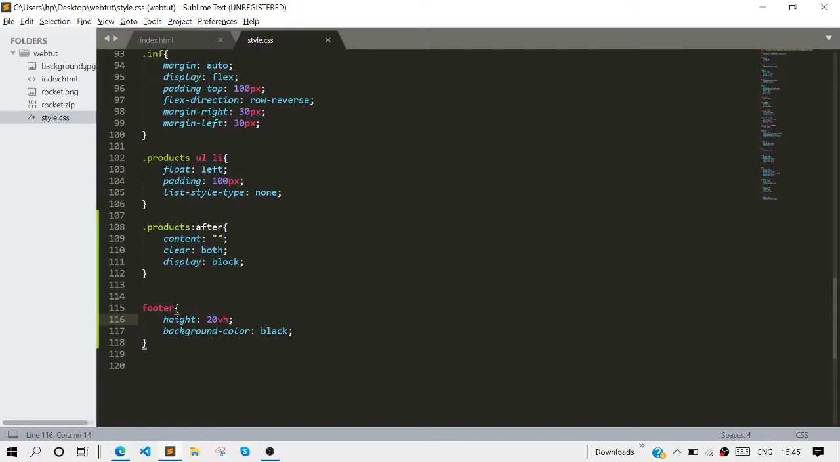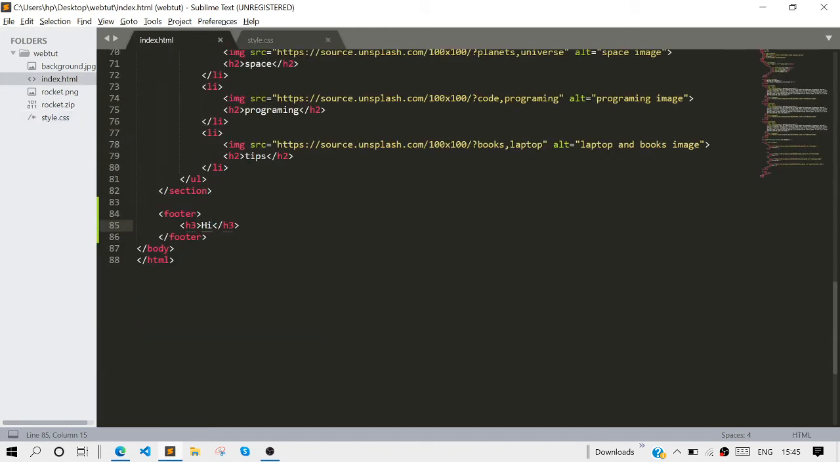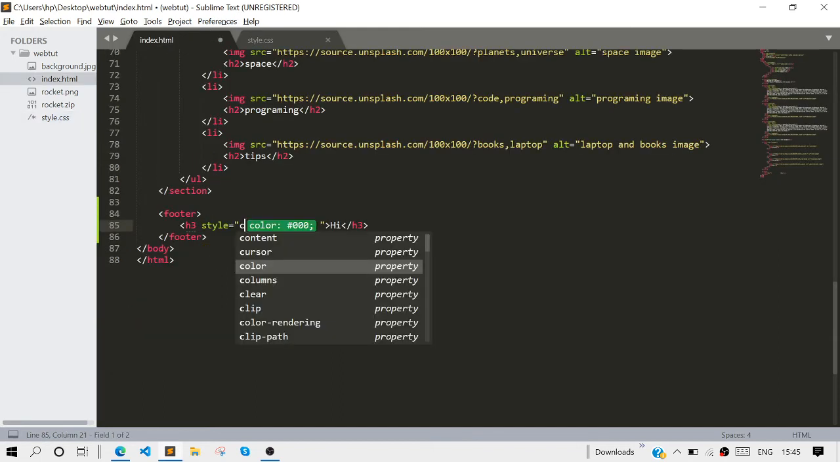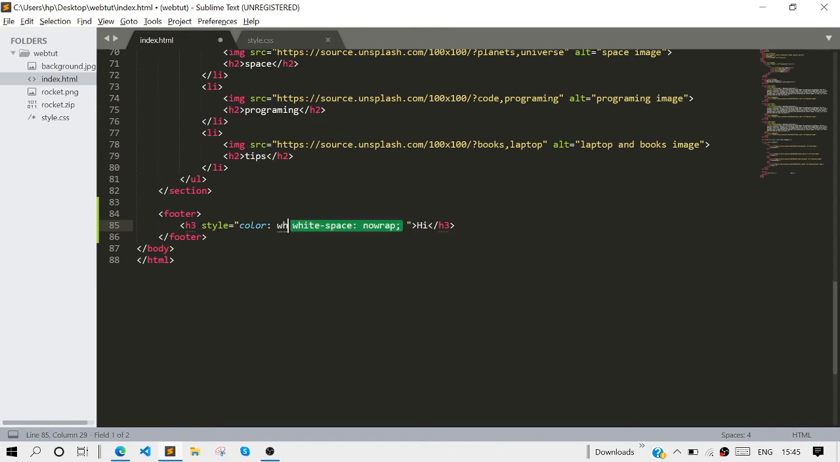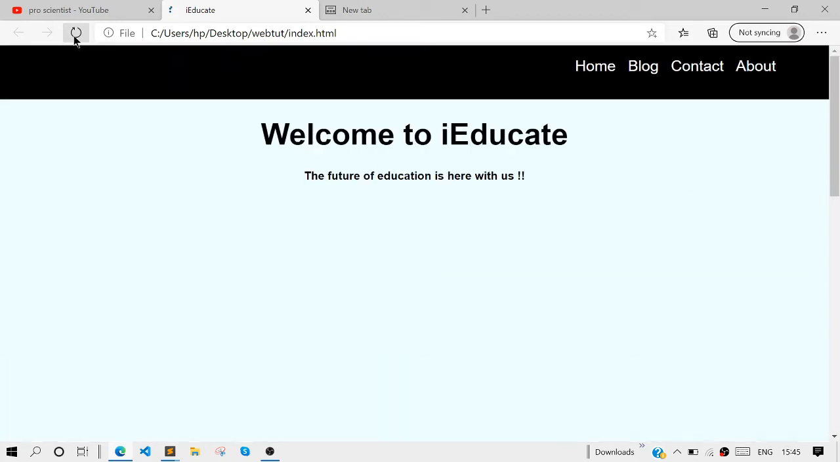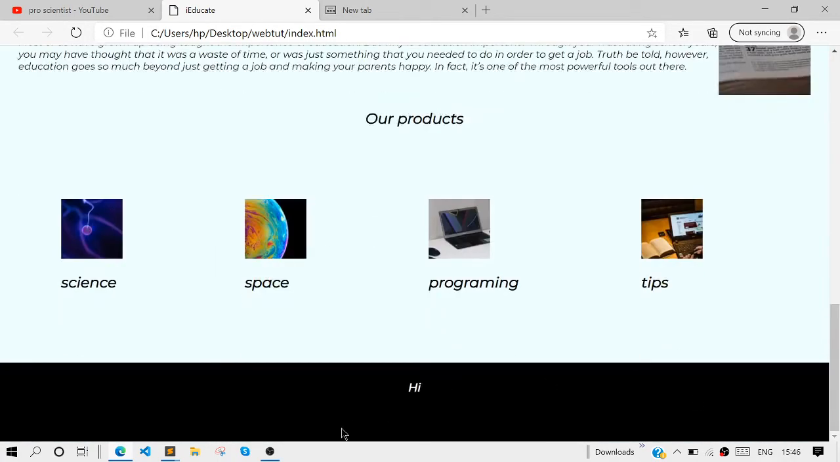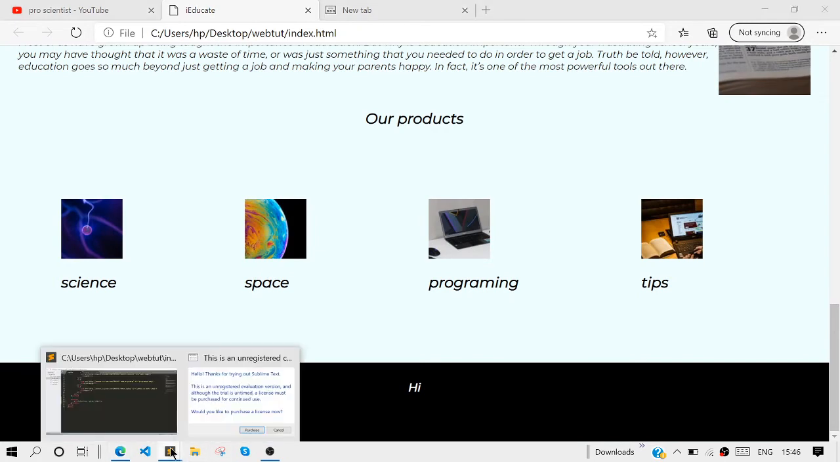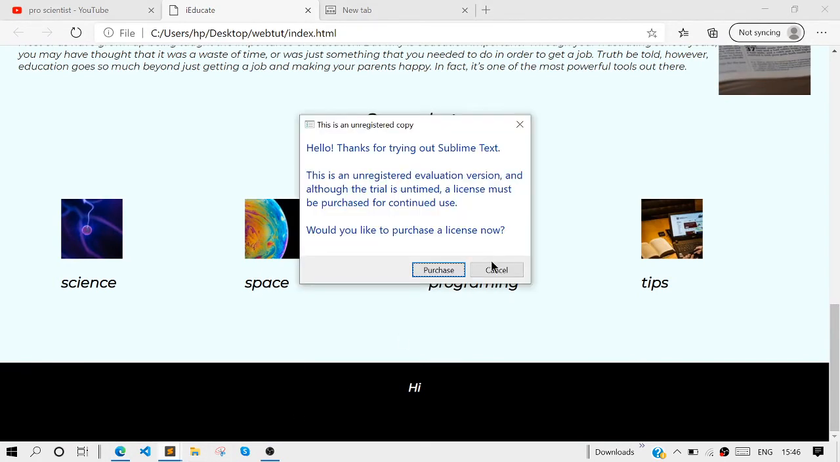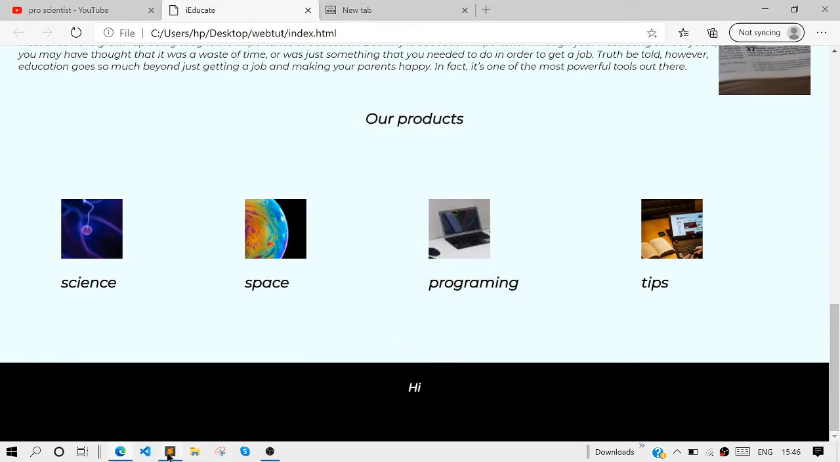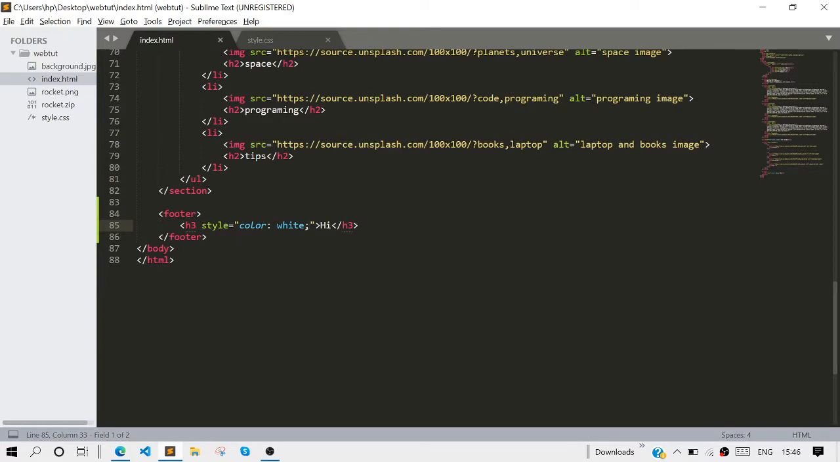And now why isn't the text visible? We are going to style it directly from here by putting the style tag. Color is white. Now let's reload it. Okay, now they're saying that they want to purchase the premium version. No, so now instead of writing hi, we're going to write